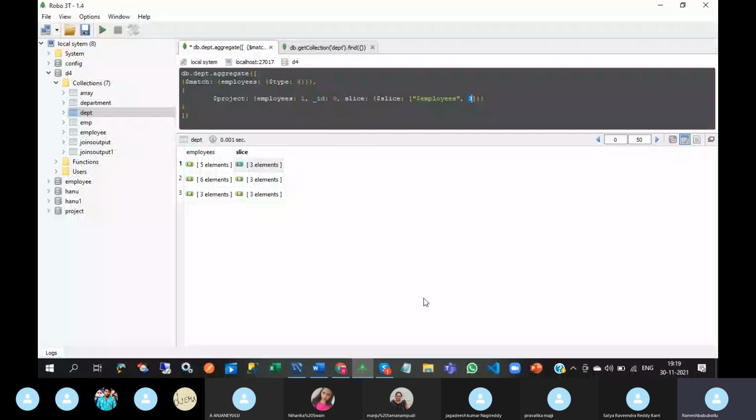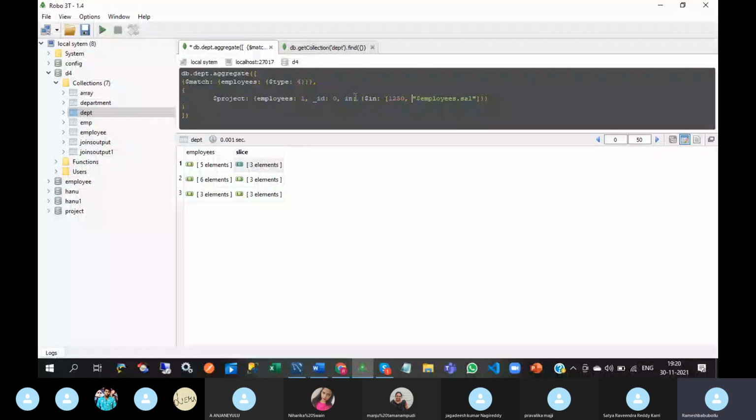Like DEPT in employee dot sal. See, so here 1250 salary is available in this document.